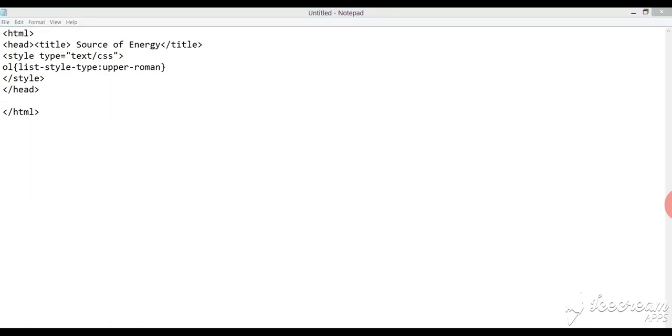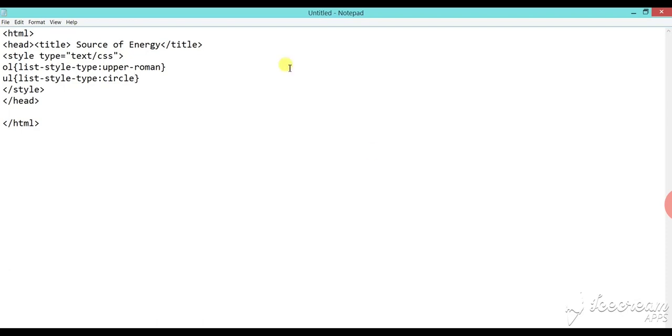Here we make a body part. See, you can also add one more CSS for UL. Here we define two patterns, OL and UL, ordered list and unordered list, both are used in the body part.